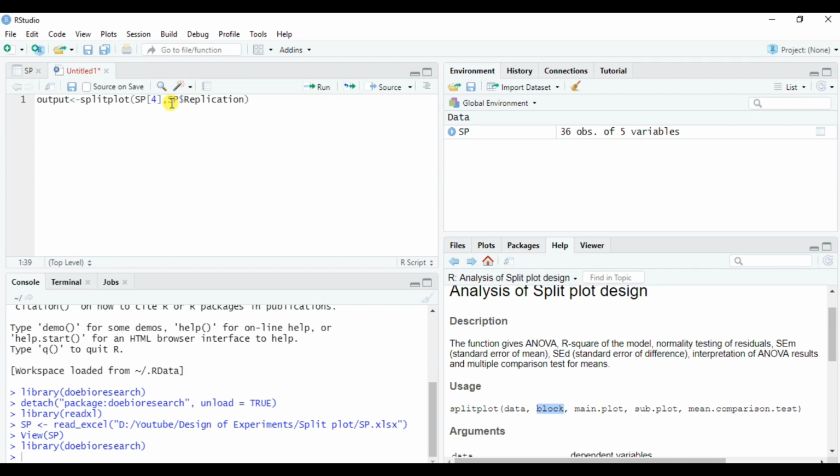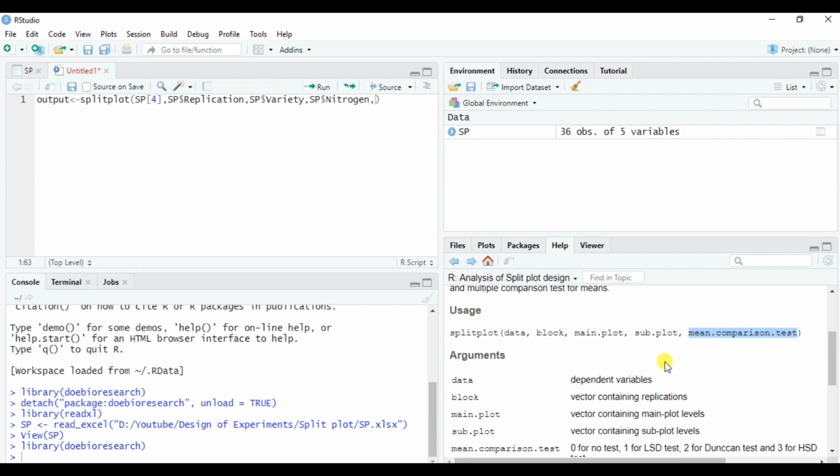So we want replication, then comma, then main plot. Our main plot factor was variety, so SP dollar variety. Then subplot, that is our nitrogen, SP dollar nitrogen, comma. Then they have given one more thing, mean comparison test.